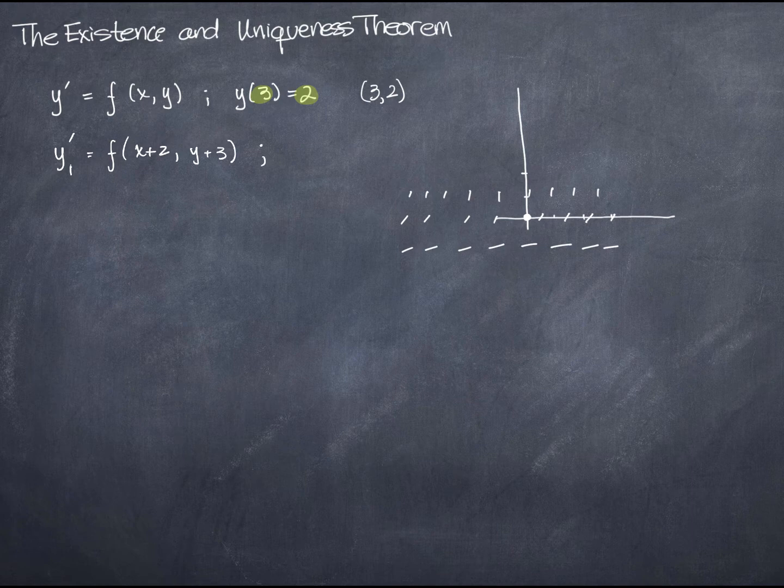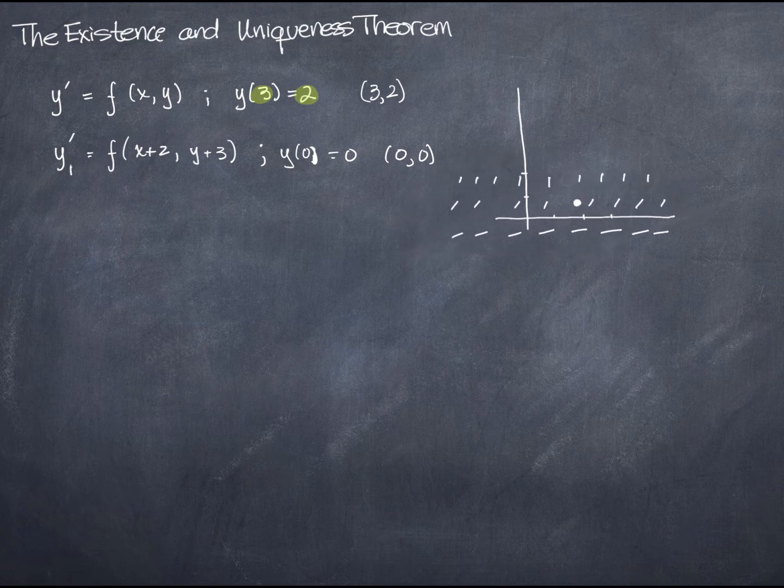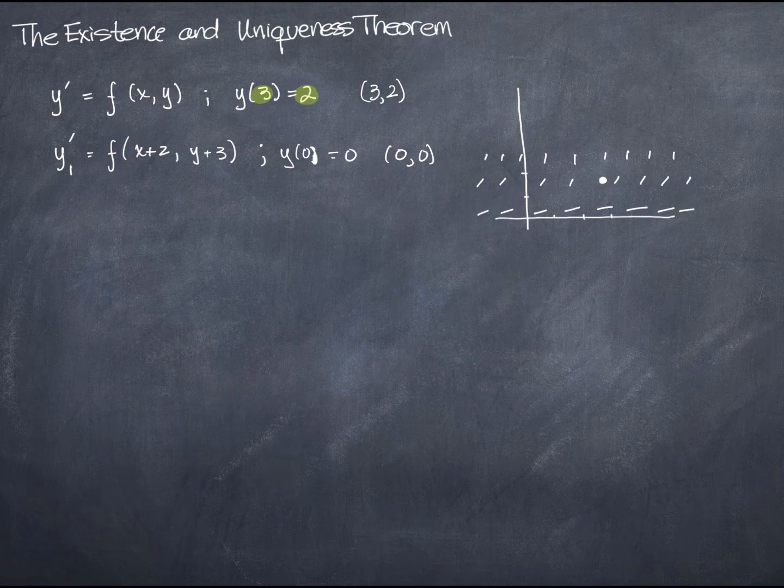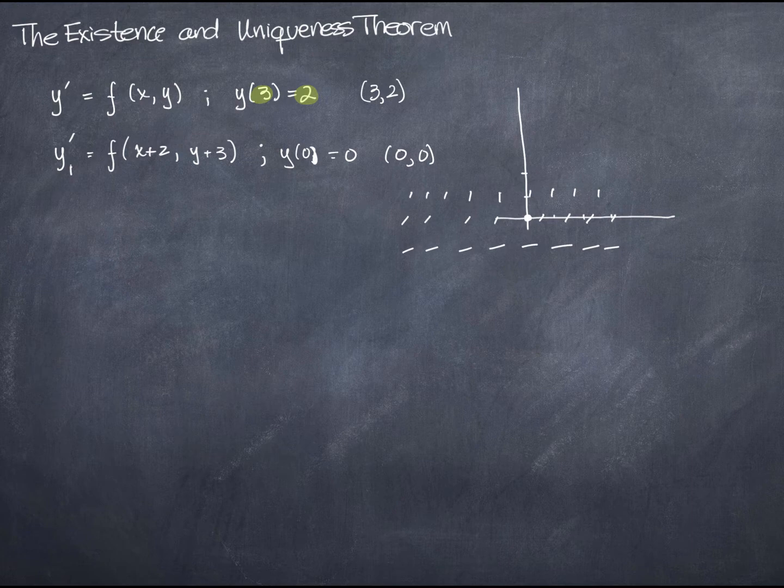My initial conditions are now y of 0 equals 0. Right, so I'm working from the point 0, 0. Other than the position from which I've started, everything's the same, including the slope field, because I moved the slope field with it. Instead of starting at 3, 2, I started at 0, 0. But everything I come to know about this equation is the same as it would have been in that other position. We say, and this is a lovely turn of phrase, I think, that there is no loss